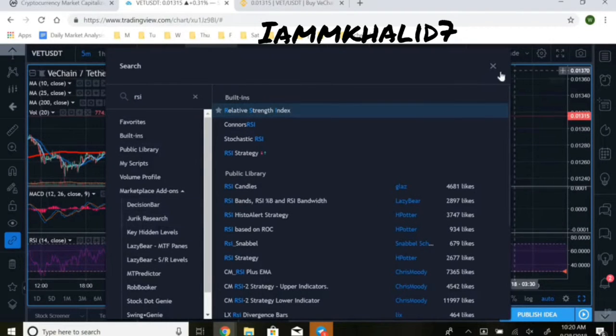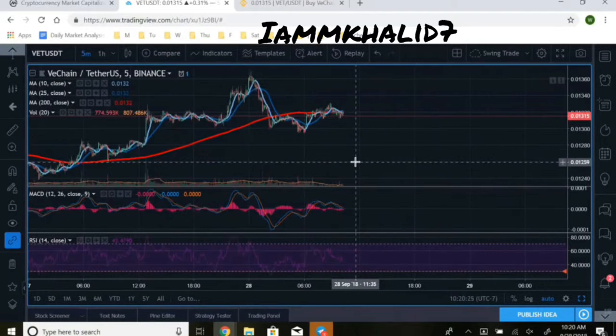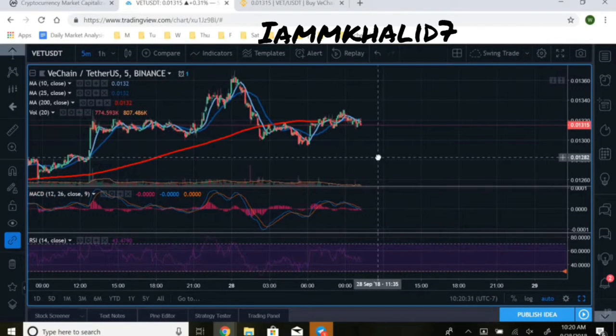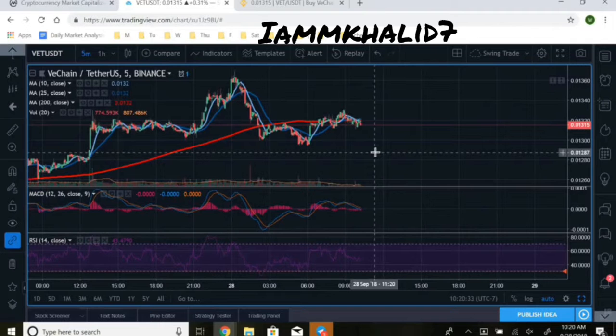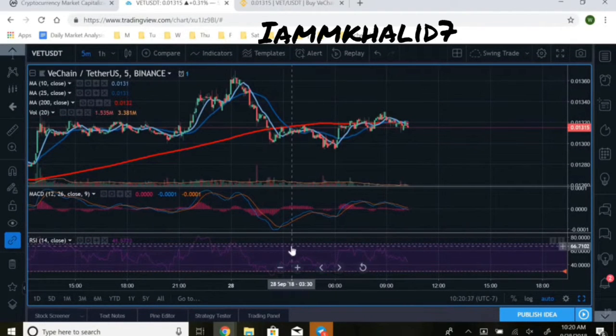So now that you have both of those selected, those are the first two indicators that we're going to have up here. And these are really the most important indicators in my eyes. Maybe not the most important, but they definitely have a pretty large emphasis on the trading strategy. So starting off with the RSI,